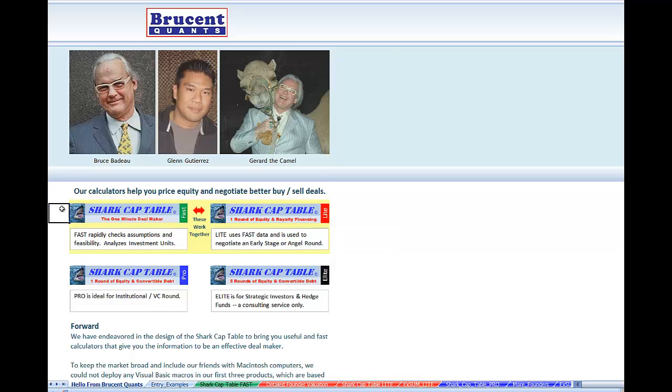We're going to give you a little overview of the 4 programs we built. The first 2 that are in this program that you own are Fast and Light, and they talk together. The third one that's been included is also Pro. We did not include Elite because it's a Visual Basic on top of Excel and it won't work on the Macintosh, and we wanted to be sure that all our buddies in the Mac world could use our tools